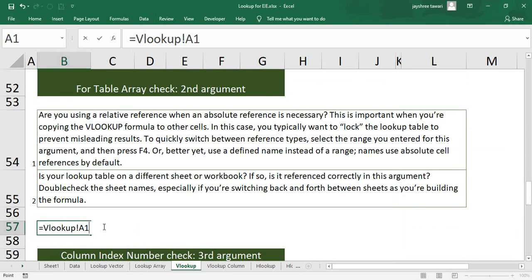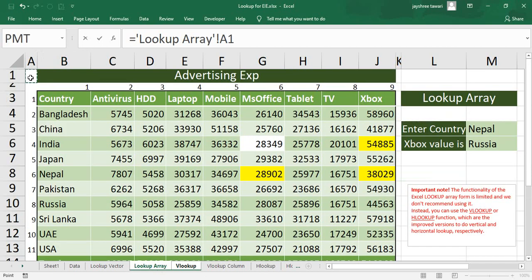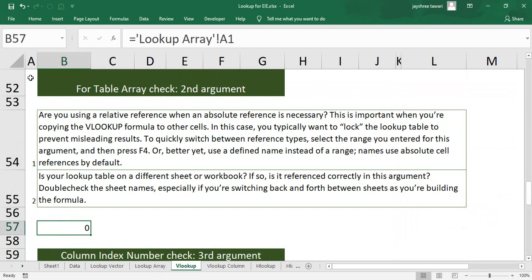So what you need to remember over here is, when you are going to any other worksheet and you are trying to retrieve the cell, do remember to press your enter key over there only, so that you'll get a perfect output. Or just remember a simple thing, that once you have done writing your VLOOKUP function, check the worksheet name, is it perfect or not. These are the two things you need to check about your second panel, that is table array.